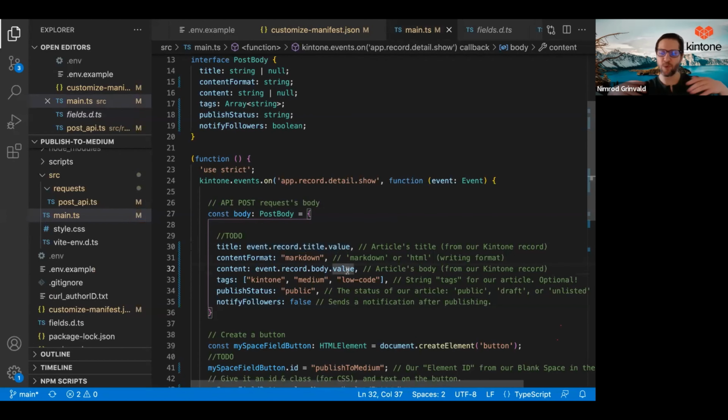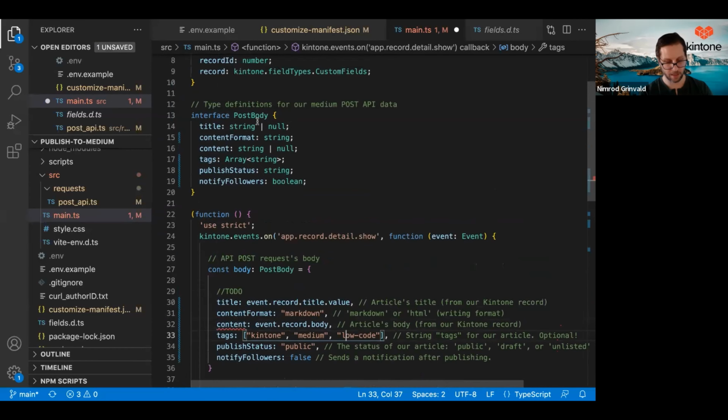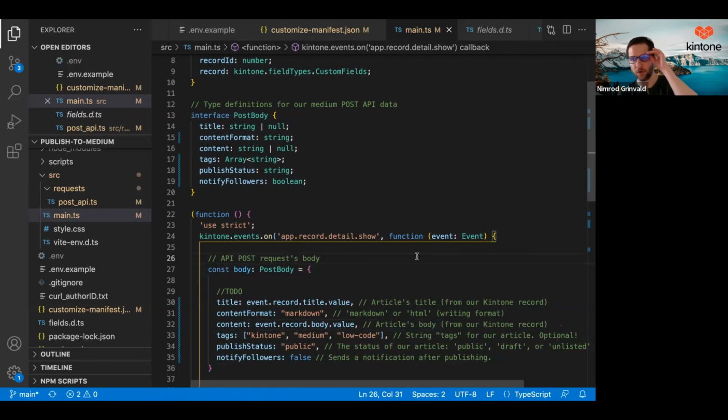So I've pulled back the curtain a little bit and I've explained to you the magic that's happening that allows TypeScript to know the object shape and would thus know that event.record.body, the value of it isn't a string and it's not null. Actually, it's an object. We're going to go ahead and save our work,